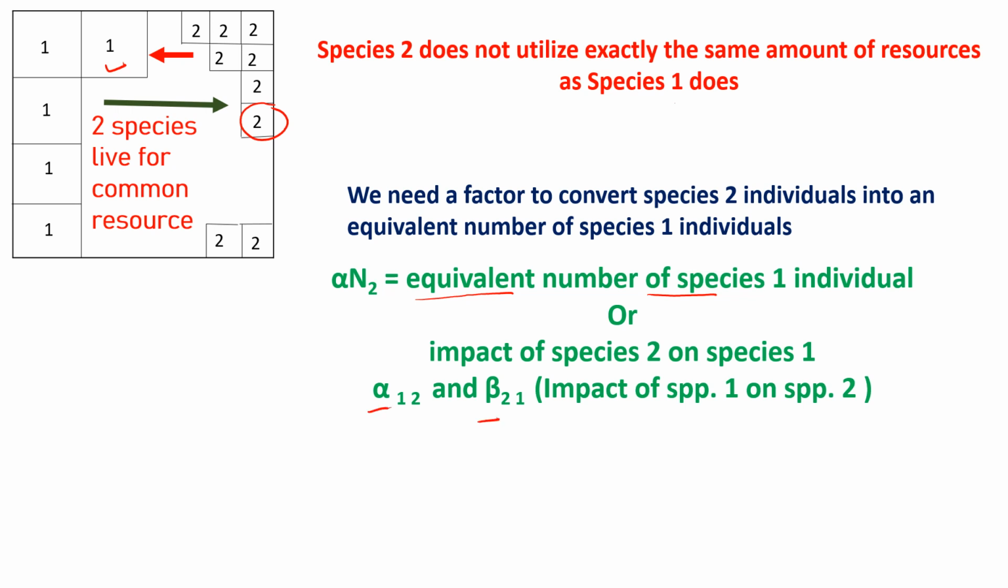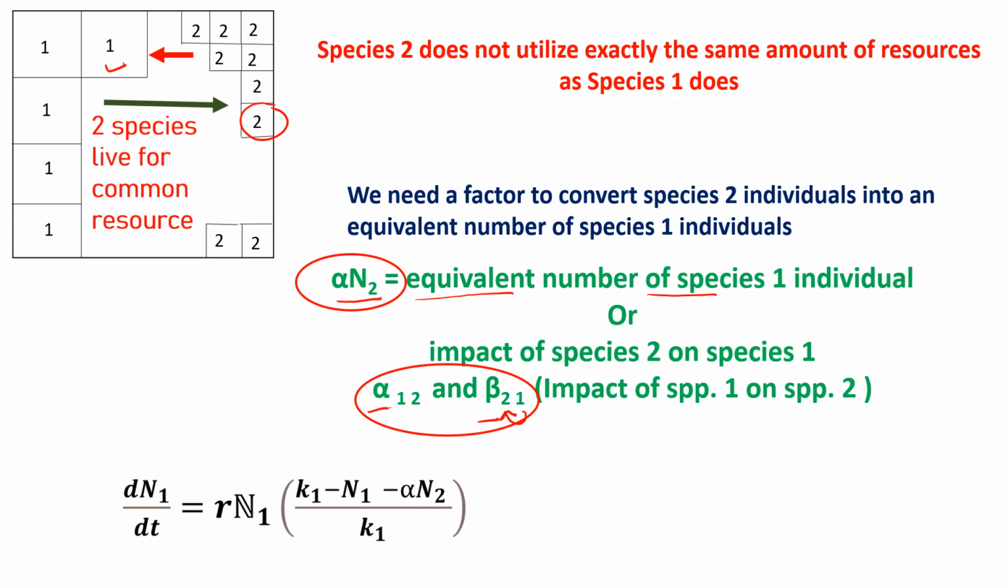The impact of species 2 on species 1 is called alpha 12, and the impact of species 1 on species 2 is called beta 21. These factors must be multiplied by the number of the concerned species to equalize the number of the particular species. Now, when we do this kind of conversion, the new equation by Lotka-Volterra is dN1/dt